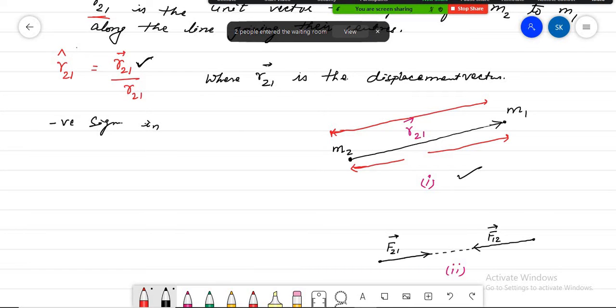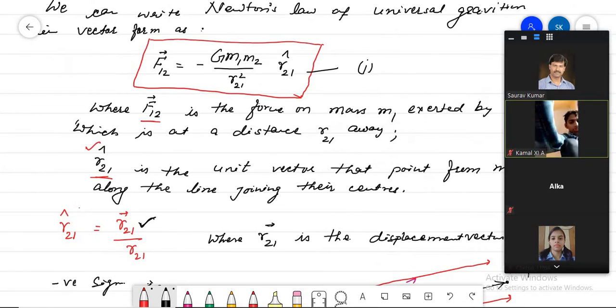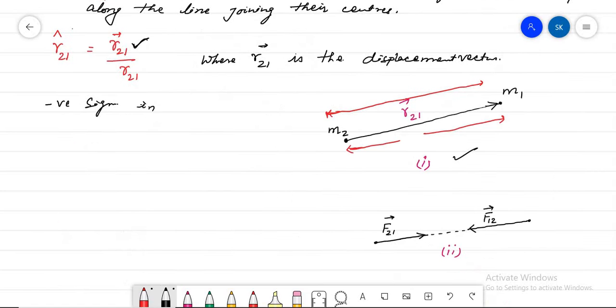This is the above equation, sir, and there is a negative sign, minus. So the negative sign in the first is necessary